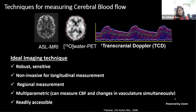Now, there are several techniques out there used in measuring changes in cerebral blood flow. Some of them are based on administering an exogenous contrast agent or a tracer. And some, like arterial spin labeling (ASL), are completely non-invasive, so they don't require the administration of an exogenous agent or contrast. And ideally, if you want to measure brain health and study it long-term, to look at potential early changes, so as an early biomarker, to look for treatments, so being able to assess efficacy in treatment, for example, or even just looking at prognostics,